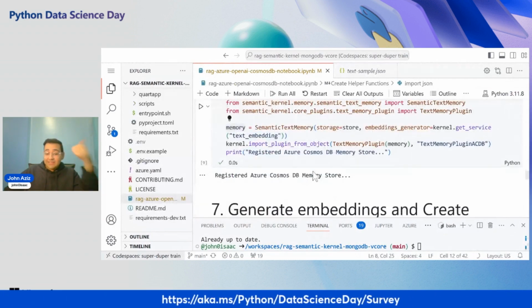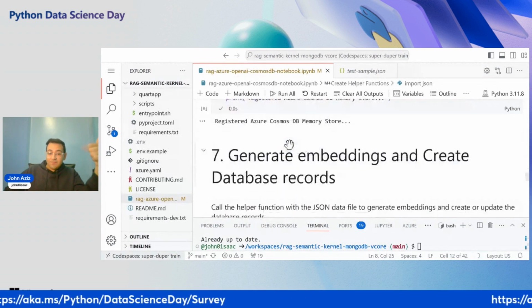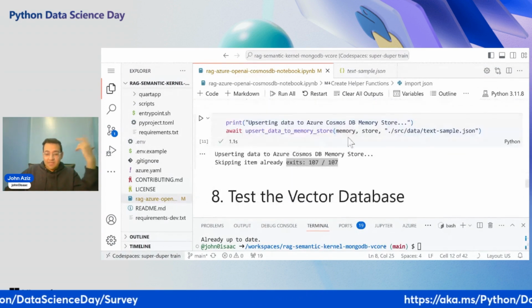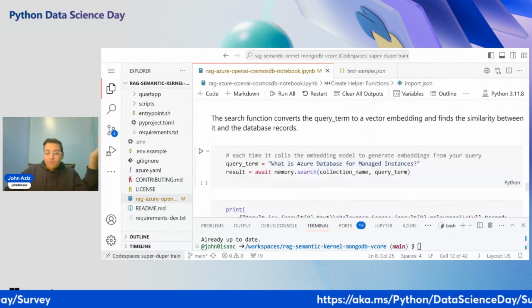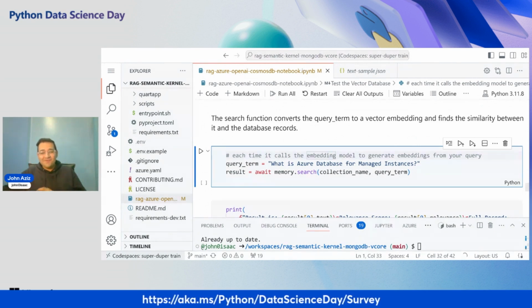Now we created our database. We registered our memory store. We registered our chat and embeddings model. Now what? Now we try vector search. So we just say